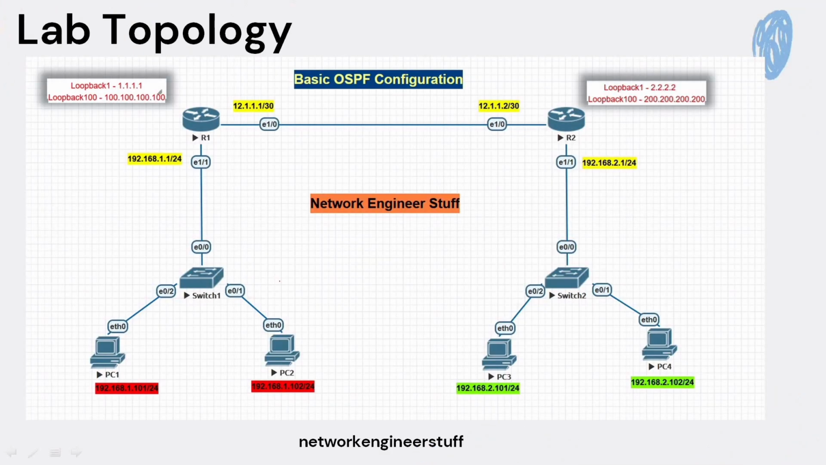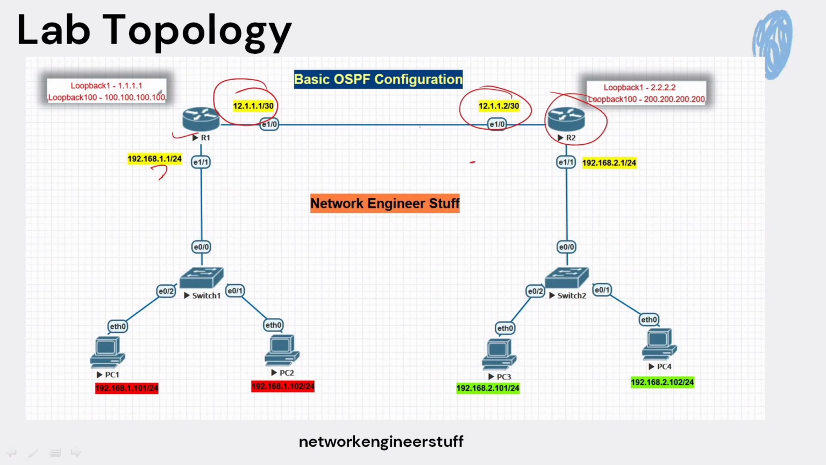So for this, I've made one lab. This is our lab which we will be seeing. This is a very basic simple lab where you can see we have two routers, R1 and R2. These are connected via a link, and this link has the IP address 12.1.1.1/30 on the R1 side and on the R2 side